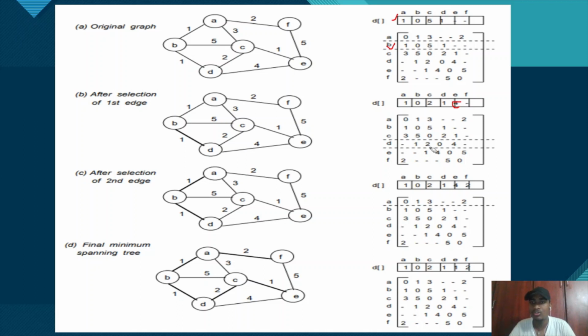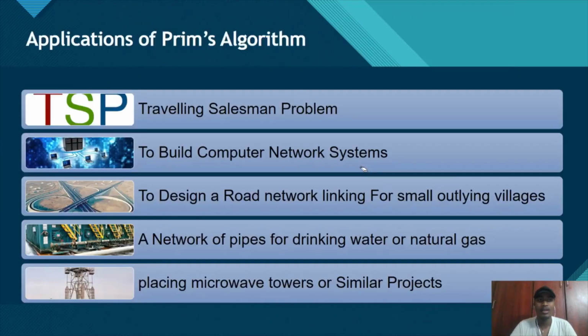for the remaining also you will get it like this. So finally the final step will be the 1, 0, 2, 1, 1, 2. This will be the minimum spanning tree cost by using Prim's algorithm. And now I will skip into the applications of Prim's algorithm. There are many applications where we use Prim's algorithm. For example, in the traveling